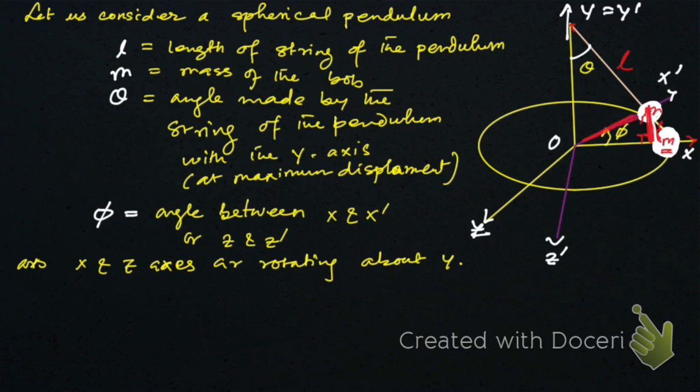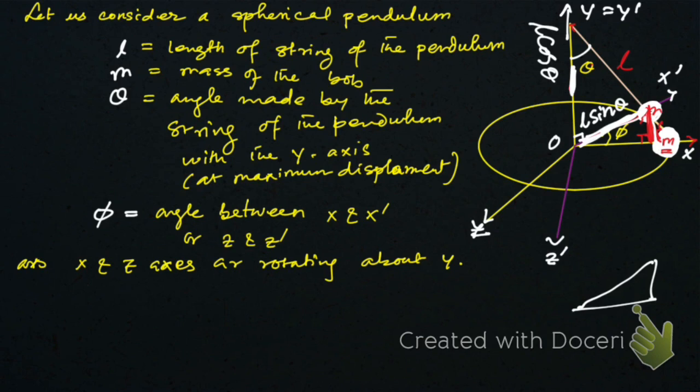This length will be what? This is theta. If this is theta, then this component will be L cos theta, right? Then this component will be L sin theta, right? So in that case, if this is L sin theta, if you imagine this triangle,